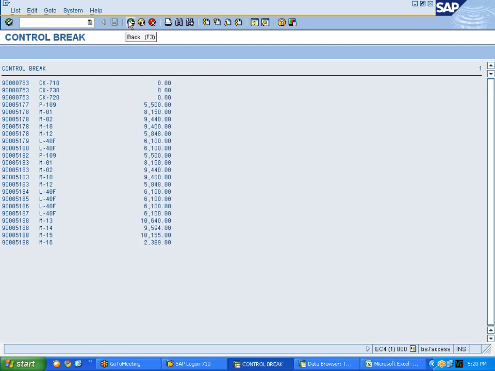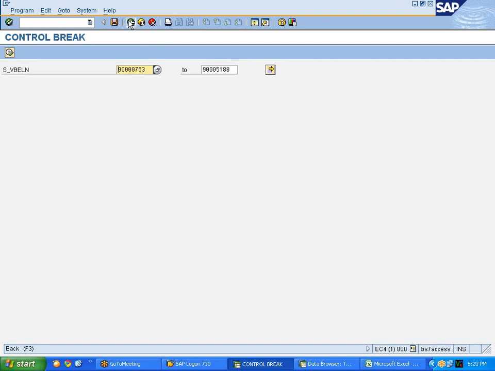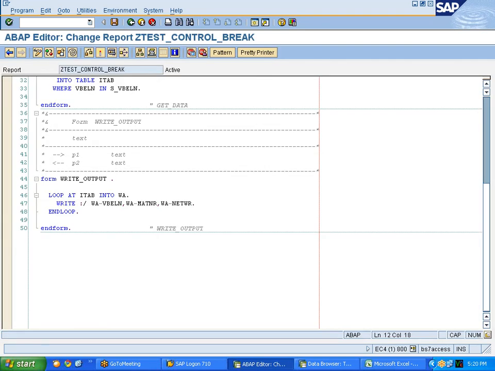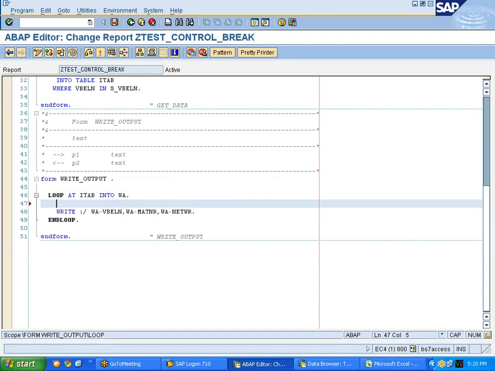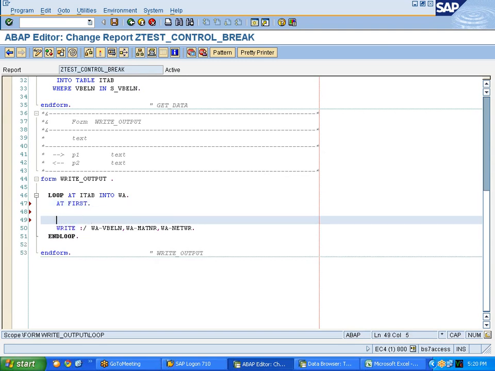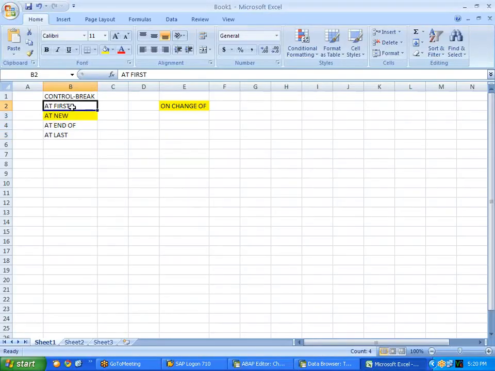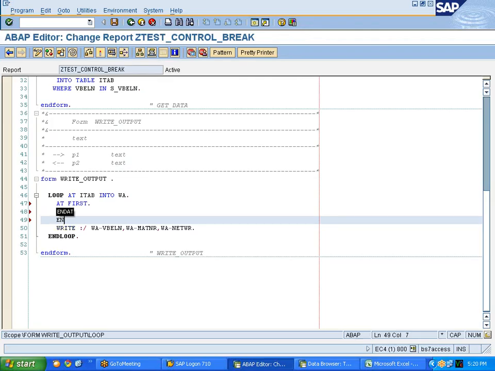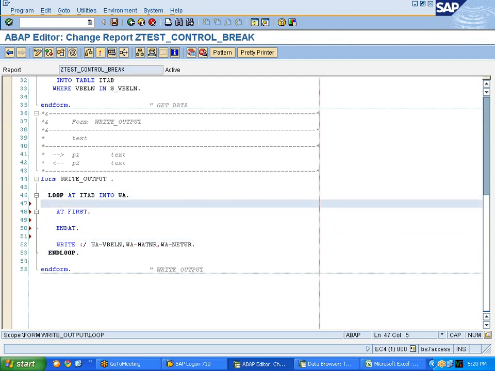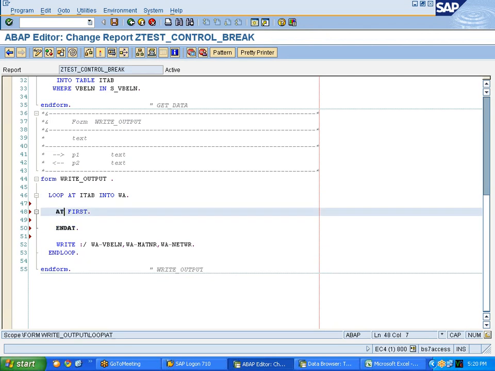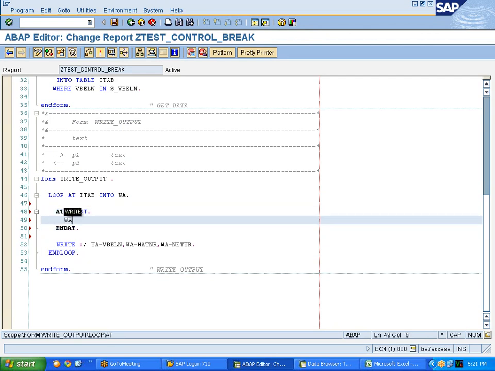Now I want a heading for this report. Top of page is one way we have seen. Inside the loop processing, if you want to do any action only one time, you can do it like this: at first. We have seen four control break events, and I am using at first, the first one. At first will have an end at as the concluding statement, just as loop has end loop. Inside this, you write